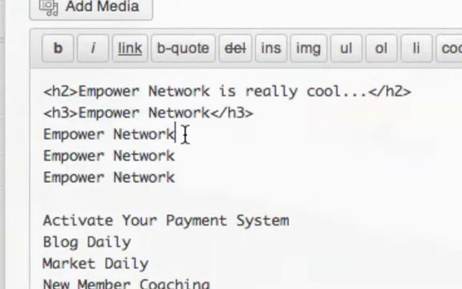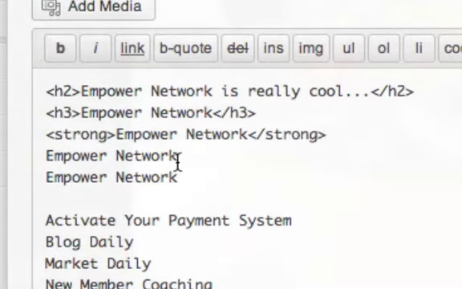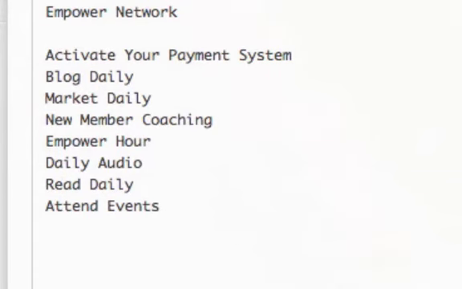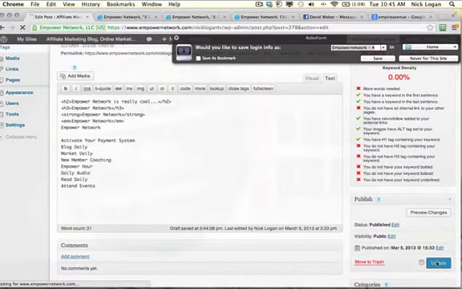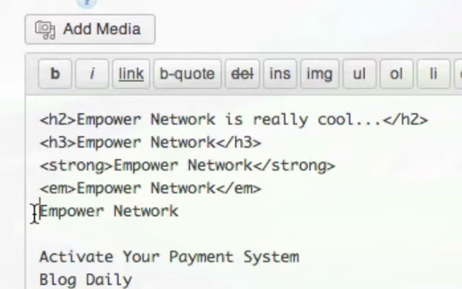If I want to bold it, which is another one over here, your keyword is not bolded, your keyword is not italicized, and your keyword is not underlined. So let's just simply hit the bold key right here, and that will bold it. Let's italicize it. Boom. Now let's save our draft and see what's going on. Actually, this one's already published, but I got a lot more green check marks. It's that simple. Now if I want to underline it, same thing, open U, close,